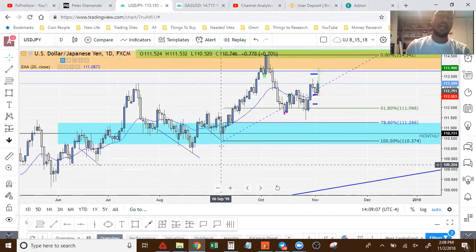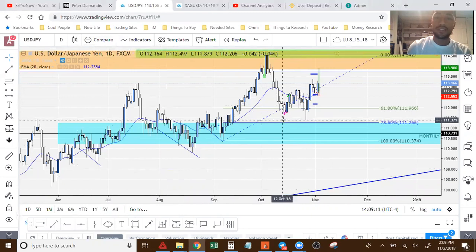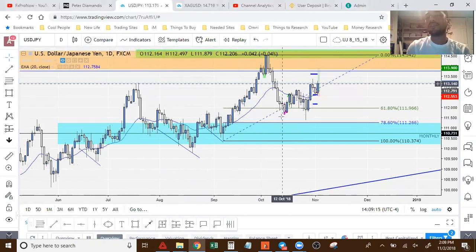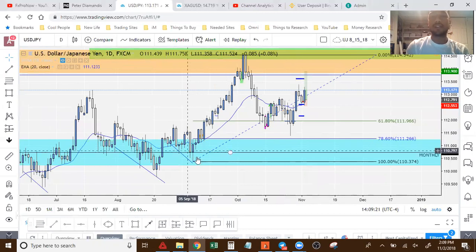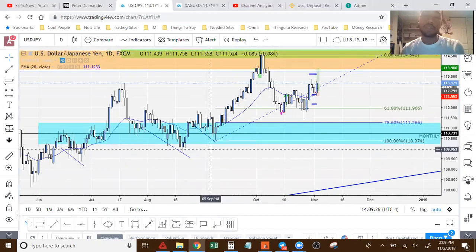Now, there's a point of time where I was kind of in between whether this was going to continue to the upside or if it actually broke structure, right? And what I mean by that, we'll get into that. But either way, as we can see here, if I was to pull out my Fibonacci retracement tool,